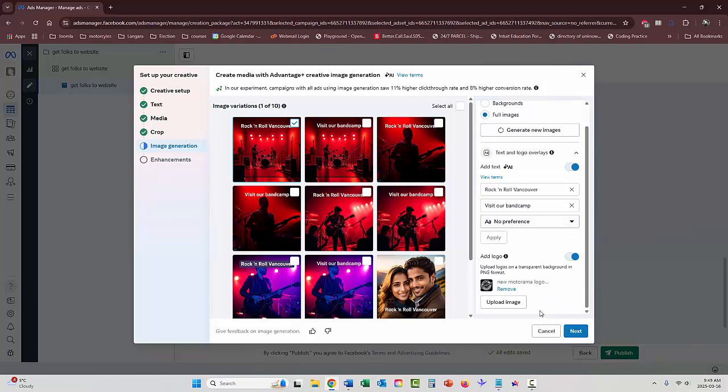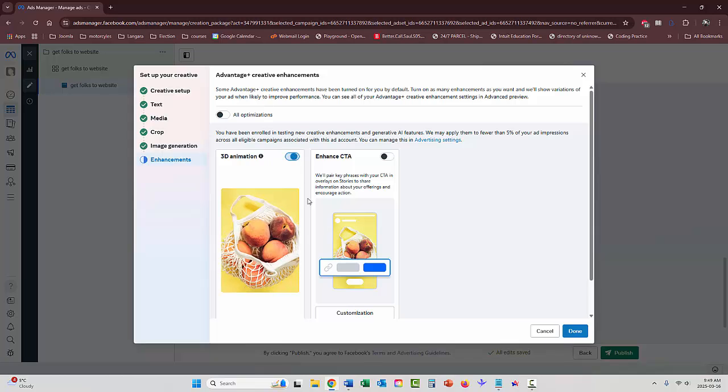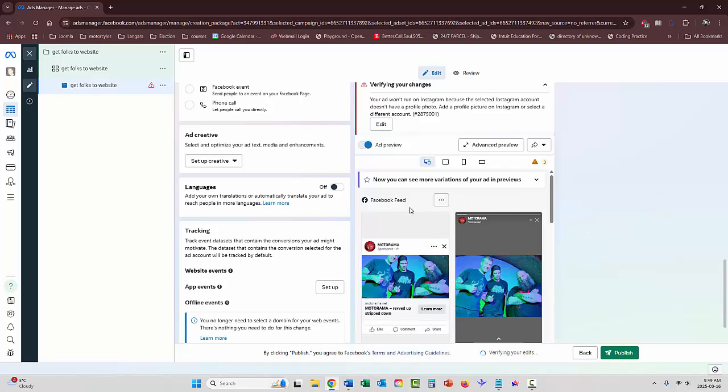Logo. And I'll choose next. And then my 3D animation. I like 3D animation, by the way. I like a little bit of motion. It draws the eyes, I think. And I'll choose done. So at this point, basically, again, we've created a campaign, we've created an ad set, we've